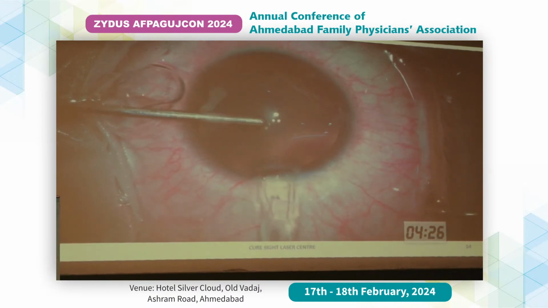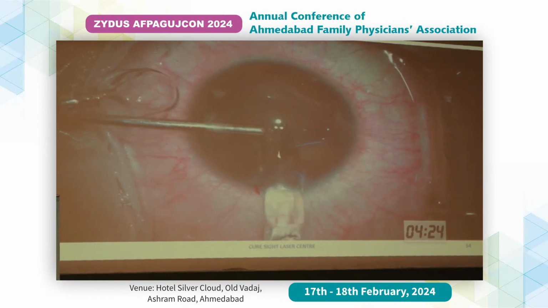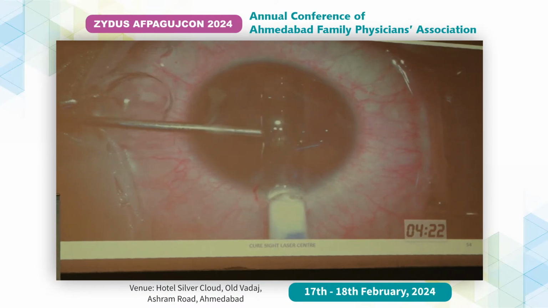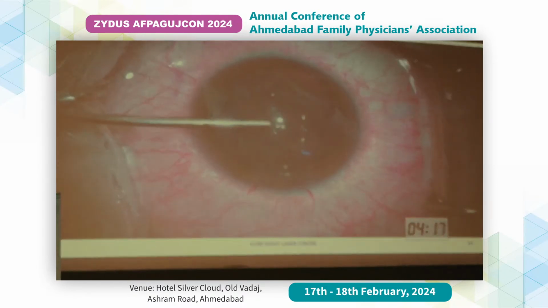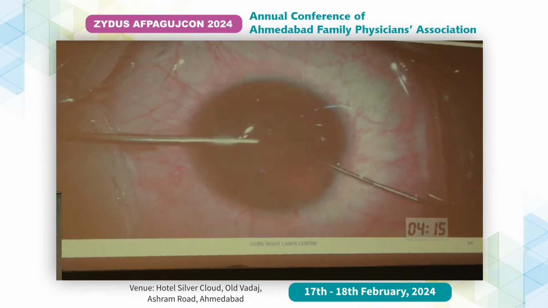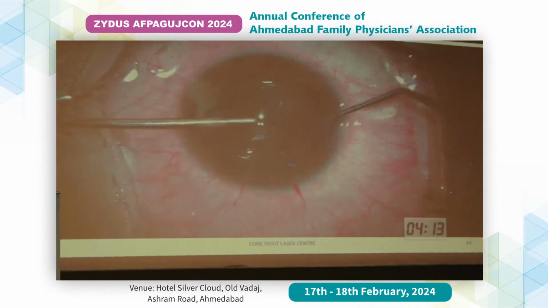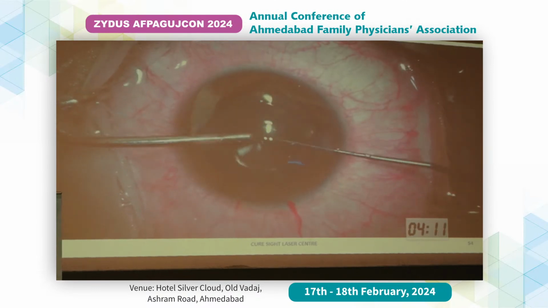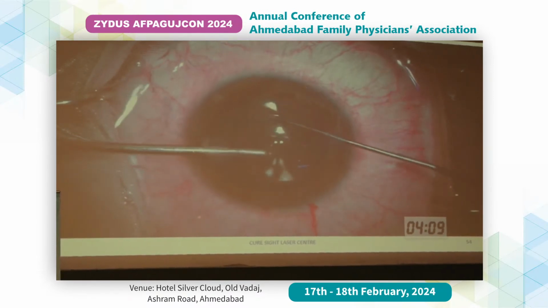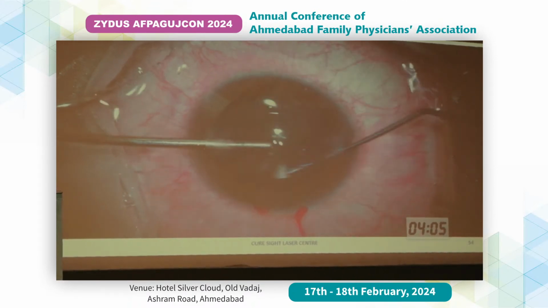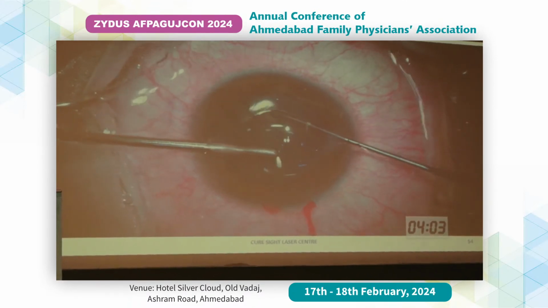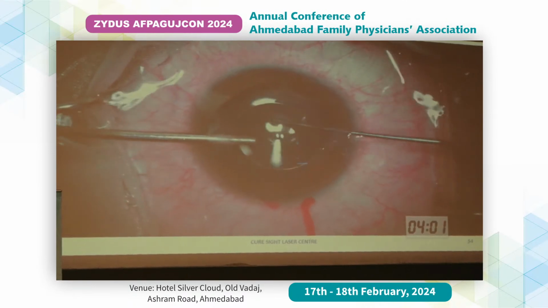Now I will just push the lens inside the eye and it will nicely just open up. And with the help of the side ports, I will just tuck it in behind the iris. And that's about it. I will just position the lens properly and we'll clean all the viscoelastic material with an aspiration port and we're done.